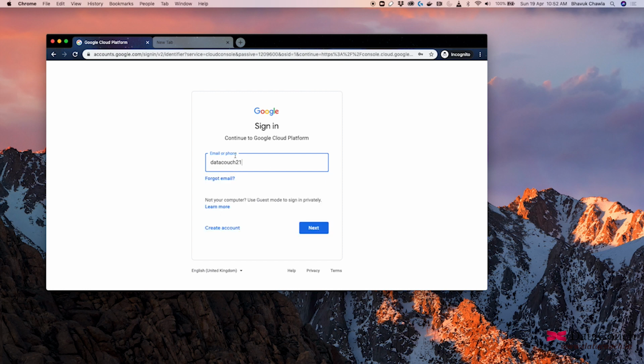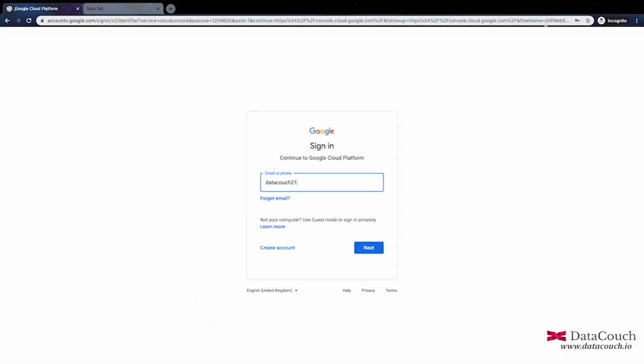user ID, Gmail address. Just be careful whenever you are working on the exercises, use incognito mode. I have used incognito mode. The reason for using incognito mode is so that when you are using a particular Gmail account, it is not interfering with your personal account that you might be using. This particular account has free credits. In case you want to use your own personal account and you have free credits, no problem. But I suggest, as one of the best practices, if you are working with multiple Google accounts, then use incognito mode. So this is one important point that you need to remember.